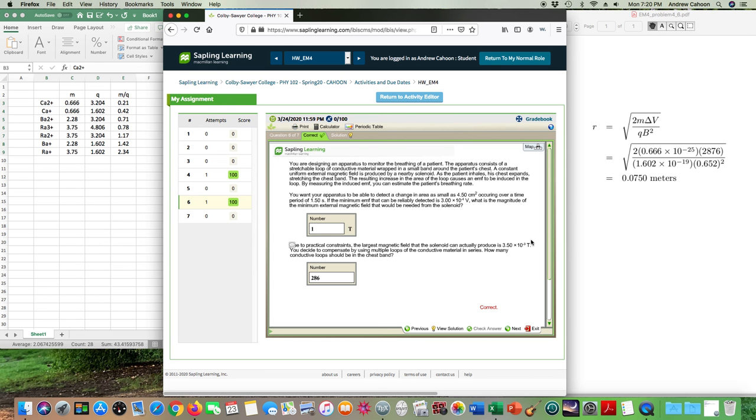So n times 3.5 times 10 to the minus 3 equals 1. And if you do the math out for that, solve for n, you get 1 divided by 3.5 times 10 to the minus 3 equals 286 loops. So if there are 286 loops, it will magnify the flux 286 times and essentially magnify the field 286 times. Okay, I think that's all the questions I got on